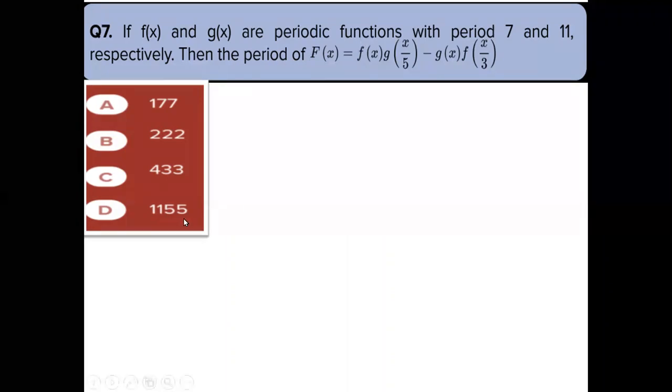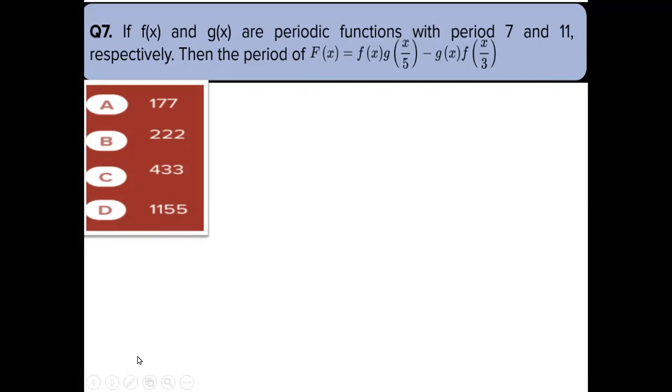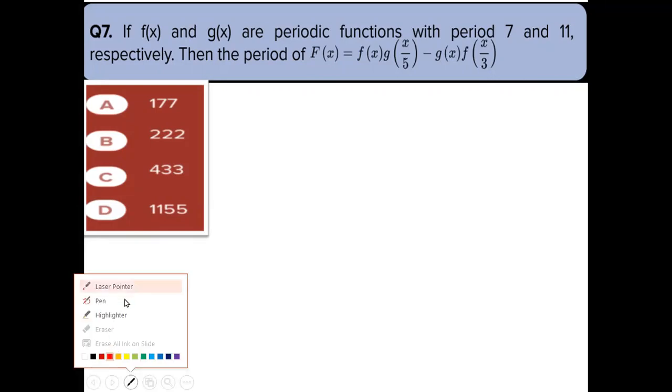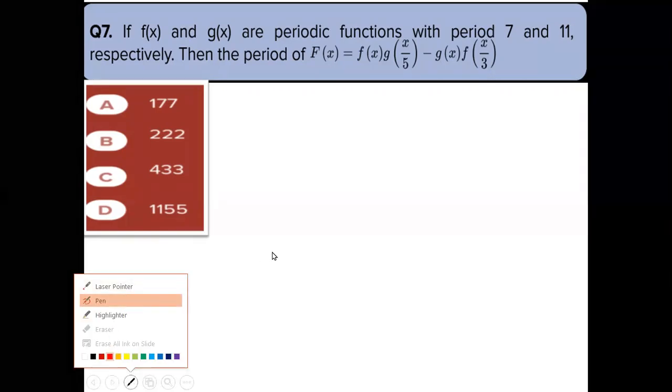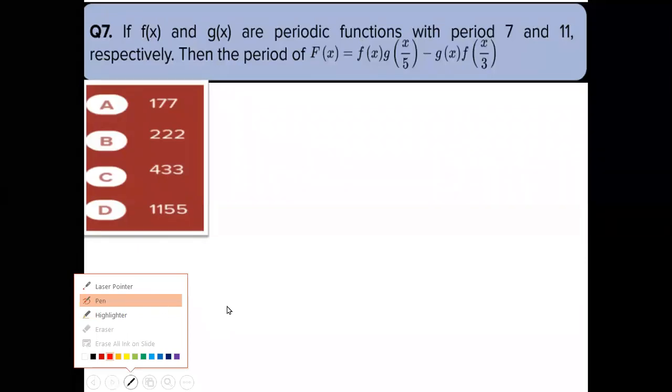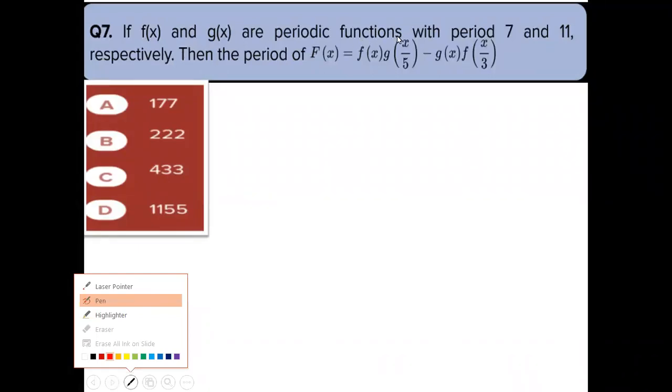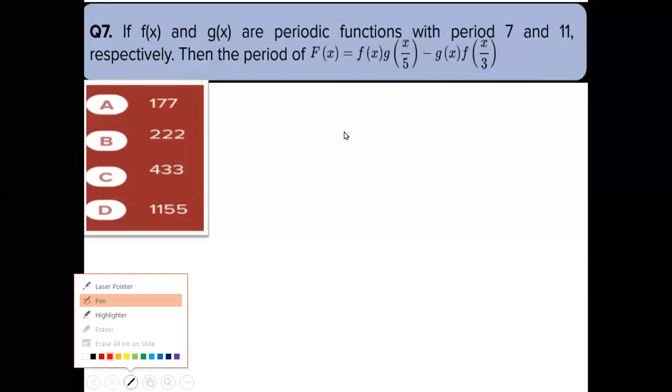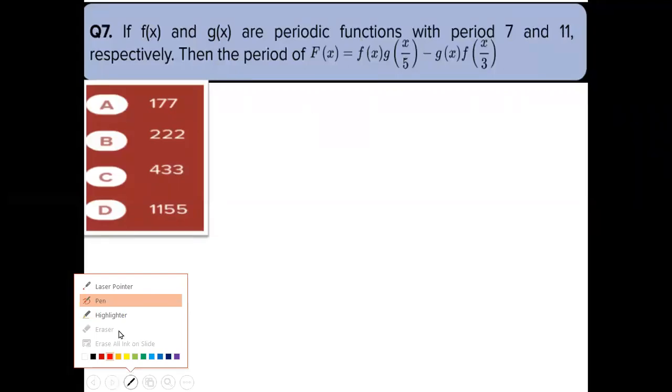So what is the question? Just read the question, students. What does this question say? If f of x and g of x are periodic functions with period 7 and 11, which means if you have,